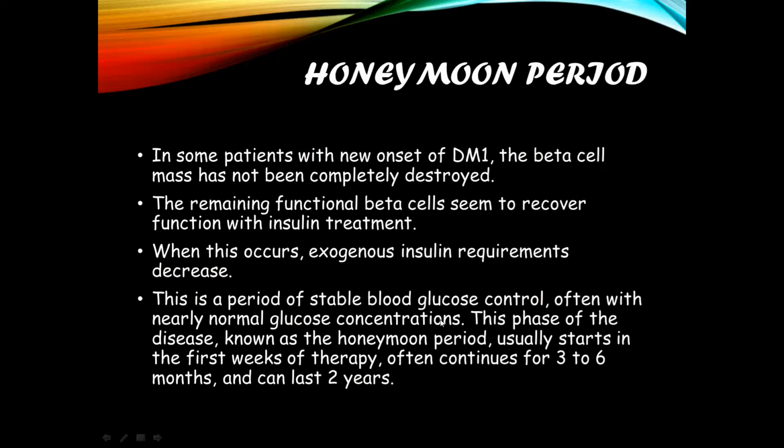I once had a patient who was newly diagnosed with type 1 diabetes. However, after a few weeks, she started presenting with normal blood glucose levels. She didn't really need insulin. So the mother came to ask whether they should stop treatment. Well, that's not what they should do. This is when you have to advise the patient that this is a common phenomenon and it occurs in the first week of therapy and it's not going to last long. It's usually going to be for 3 to 6 months, or it can last a maximum of 2 years.